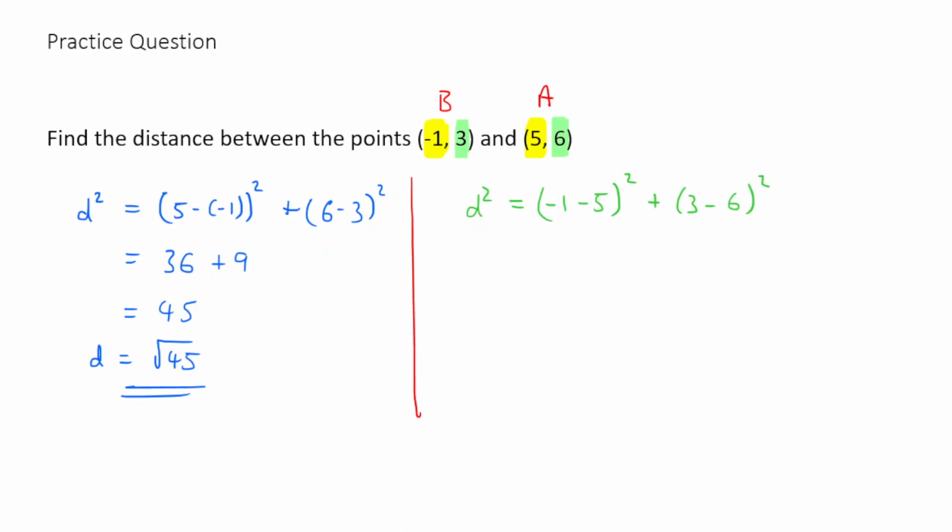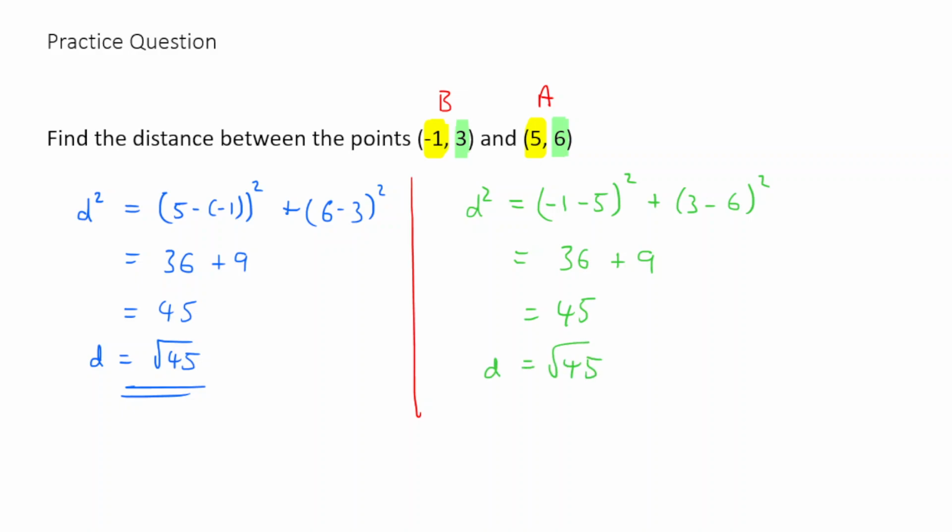So what's going to happen there? Well, -1 minus 5 is -6. -6 squared is 36. 3 minus 6 is -3, and -3 squared is 9. So you add those up, you still get 45, which means that d is equal to the square root of